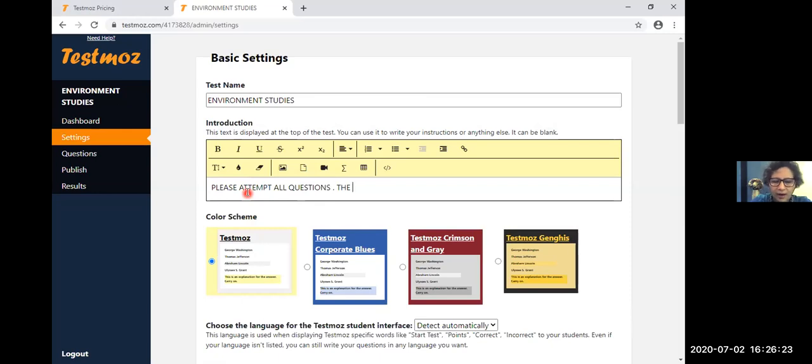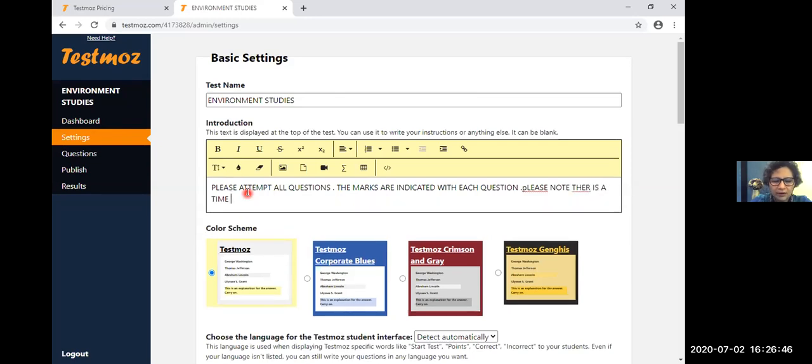The marks are indicated with each question. Please note there is a limit to attempt